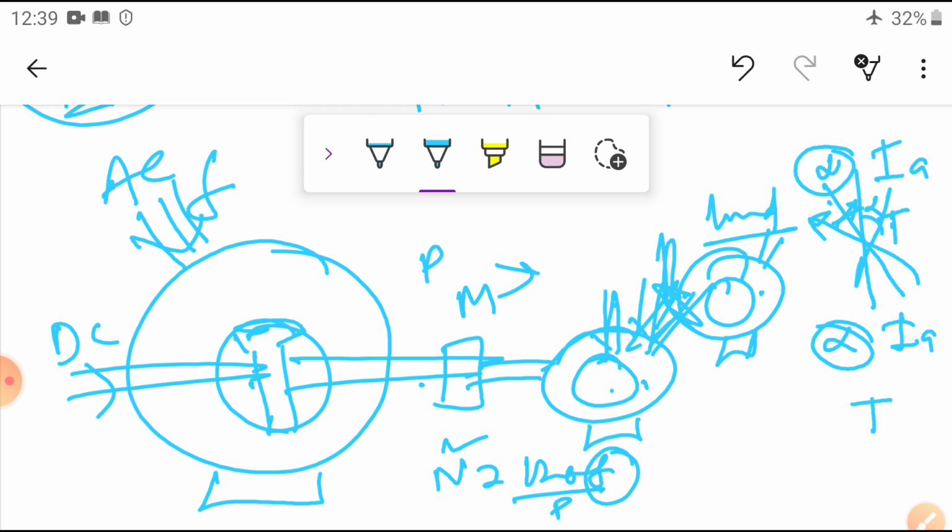Because the motor is running at a constant speed, if the load is suddenly added or removed, the speed changes. Or if the supply frequency changes, the speed also changes. In this condition, what will happen? The rotor, which under normal condition runs at synchronous speed, due to these sudden changes,